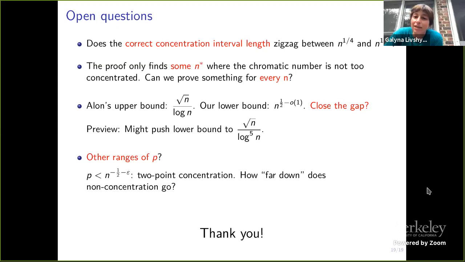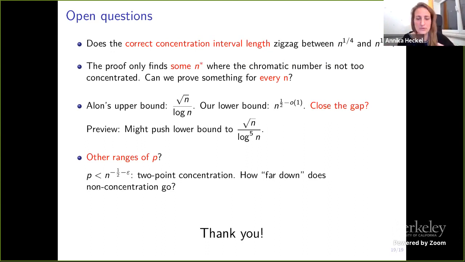So I was just curious in regards to the second question that you listed. Is there no conclusion you can get from your theorem about every n? So you can prove that near each n you have some n star where you have everything perfect, essentially. Is there no conclusion at all you can get for every n? Nothing whatsoever. Well, I mean, we know on average the concentration interval length is the lower bound that it's supposed to be, around n, but at any specific n, it could be 1 point concentrated.